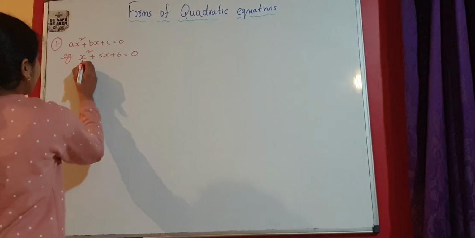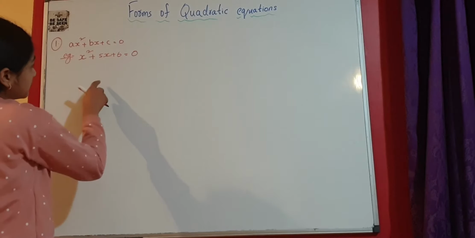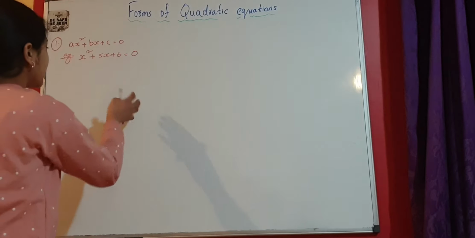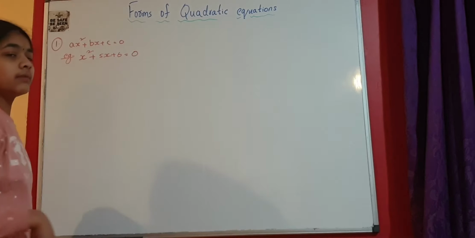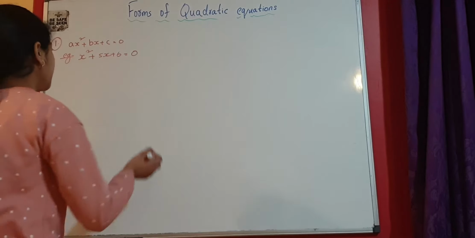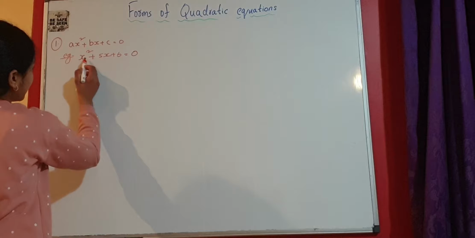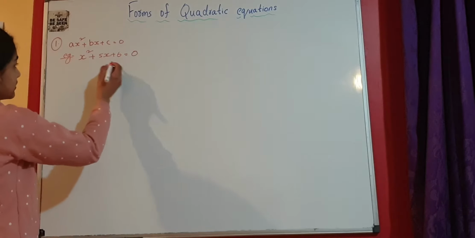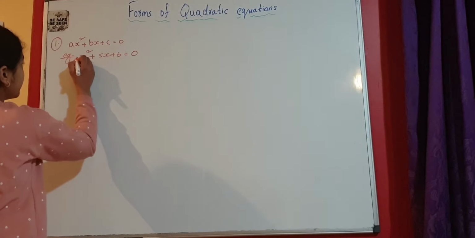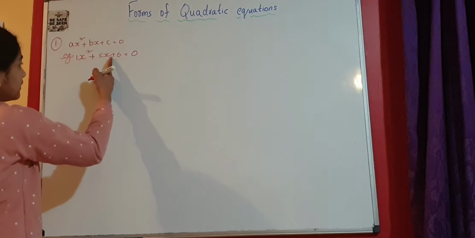So there are two methods for solving this equation. We can solve it by factorization method or we can solve it by completing square method. So x square plus 5x plus 6 is equal to 0. So what we need to do? So we can think here 1 is there. So 1 times 6,